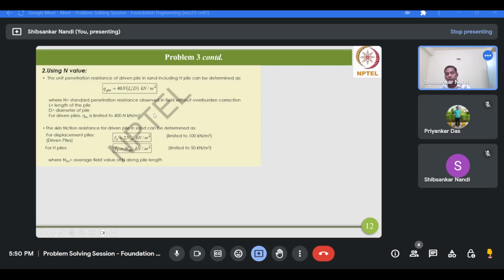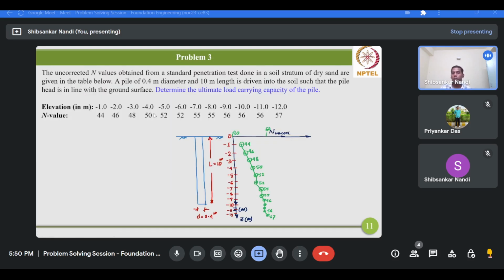So we have seen the application of static pile load formula, dynamic pile load formula, and the pile load test data to calculate the load carrying capacity of a given pile in computation. Now through this problem, we will additionally see the calculation of ultimate load carrying capacity of a pile based on correlation with the SPT N value. So this is the SPT N value, which is given for an elevation from -1 meter to -12 meter, and it's mentioned in the problem that